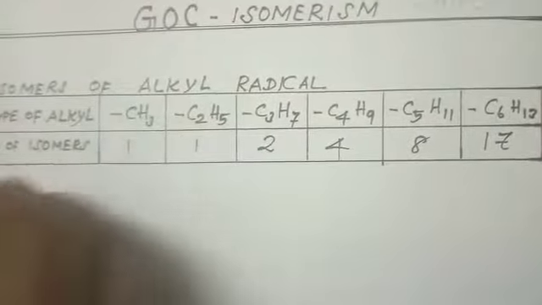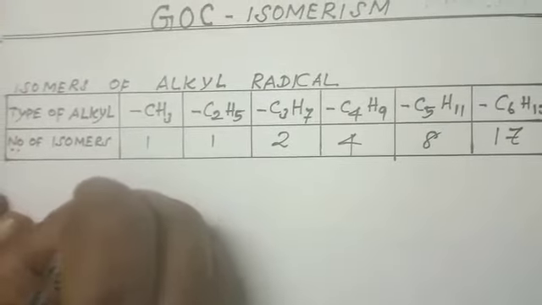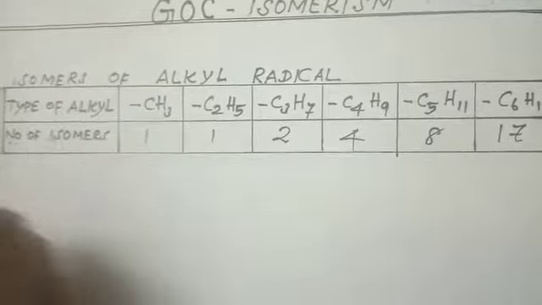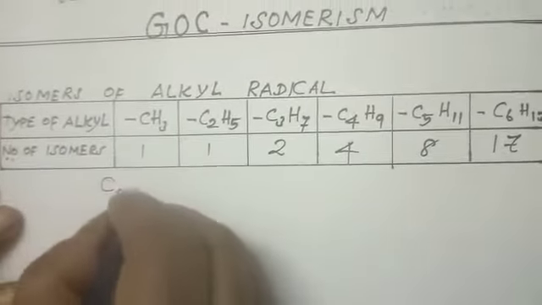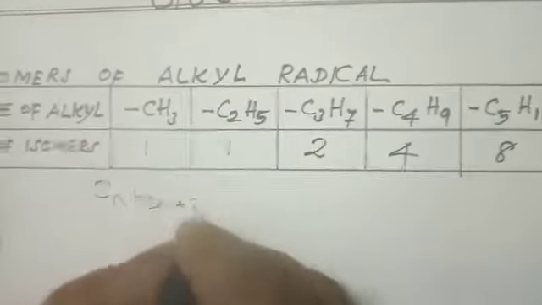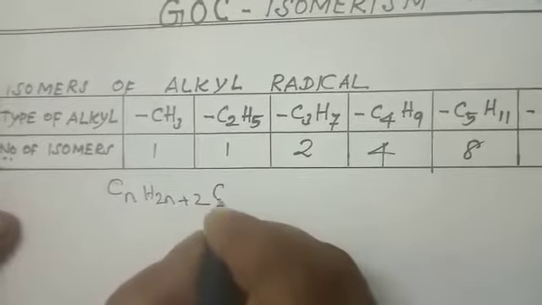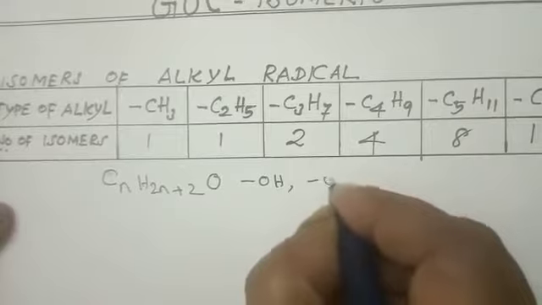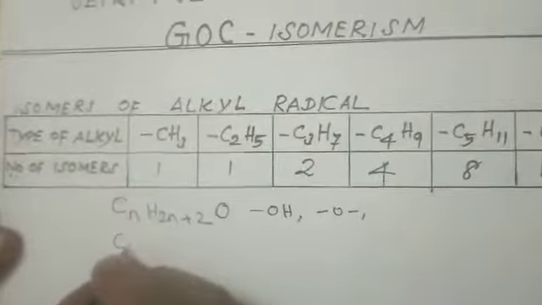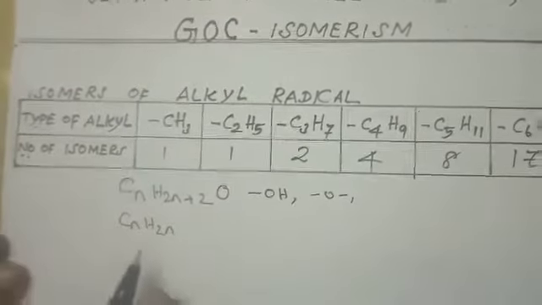Now let us first move. What is the formula for? I am giving the basic formula, the basic idea of how to approach any question. I am starting with the alkanes, CnH2n+2. That we know is alkane. If you put a functional group along the alkane, it is either alcohol or ether. This is the first knowledge. Next, CnH2n is called alkene.